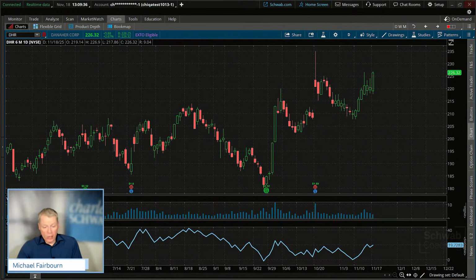And one of those some traders will look for is a bull flag pattern. That's that bull flag right there. So we're looking at this move. There's a little bit of a consolidation here, but we're really looking for this move here to be reflective of a move to come.